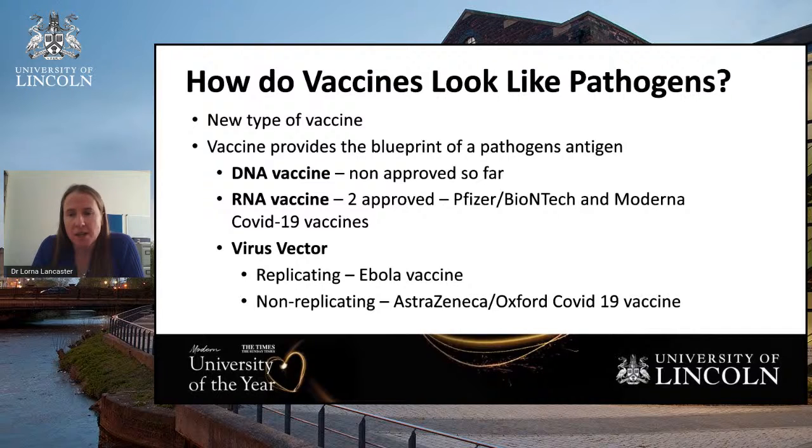The other one, AstraZeneca, the Oxford COVID-19 vaccine, is a virus vector. Some people would also describe this as a DNA vaccine, but they use a virus to allow the DNA to enter into the cell. So they put the DNA of the antigen of choice into an adenovirus. And the adenovirus, in this case, cannot cause disease. And the scientists have also changed it so that it can enter the cell, but cannot replicate. So they've removed the genes which allow replication of the virus